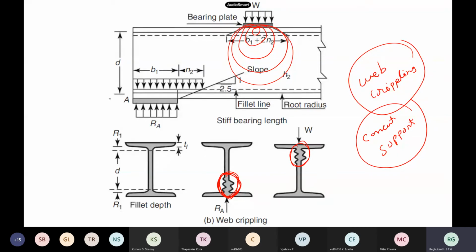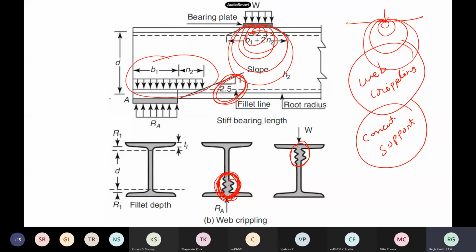It is like your geotech, you would have studied, if there is a concentrated load, we try to estimate the soil capacity, so that derivation has to be used here also. Here the code gives a formula because web crippling happens only at the junction between the flange and the web, the small portion. The code gives the same formula you used for buckling, which is perfectly fine. Instead of 45 degrees, we take the slope as 1:2.5. Under the load it is B1 plus 2N2, under the support simply B1 plus N2. These are at the support itself.